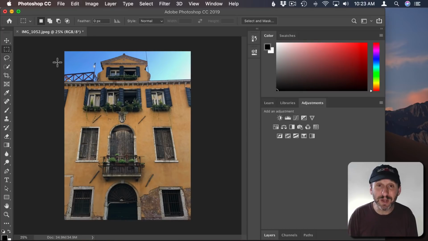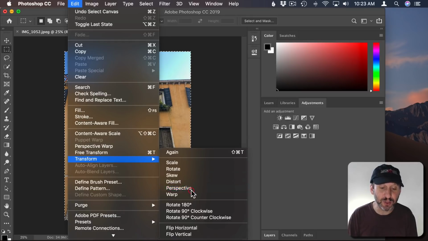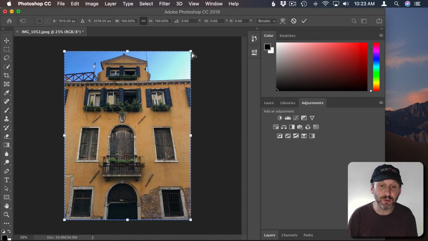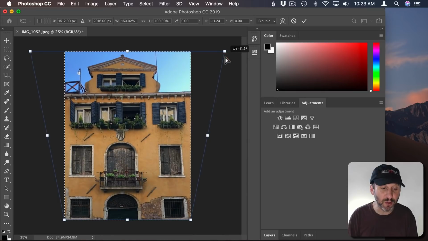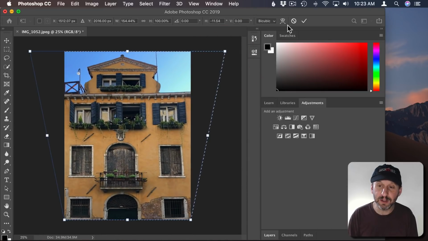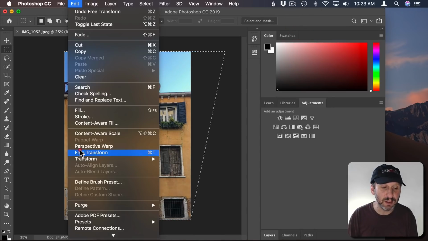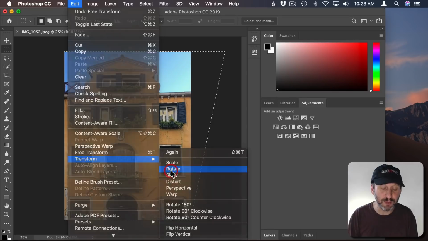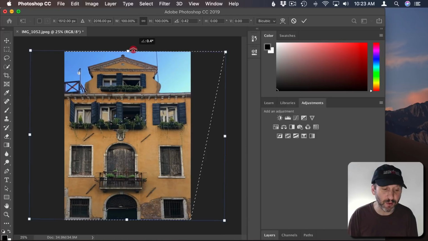So finally here's how to do it in Photoshop. First thing you want to do is select all. Just do Command A there, and then I'll go to Edit, Transform, and Perspective. And it's a very similar tool to what we've been using before. You can grab a corner here, drag it out, get those windows to be vertical, and then you can click the check to commit. Go to Edit, then Transform, Rotate, and now we can rotate this a little bit to get a little more horizontal